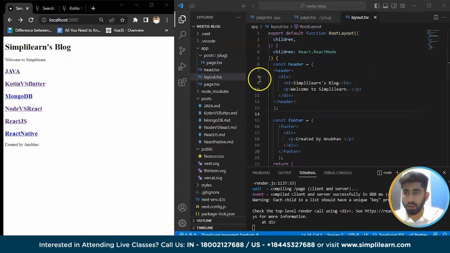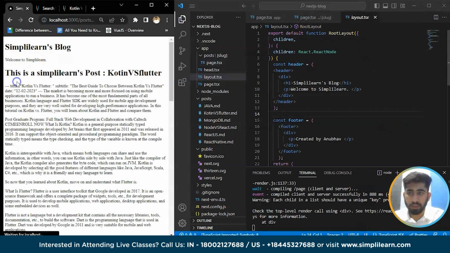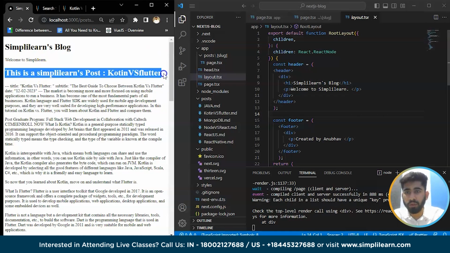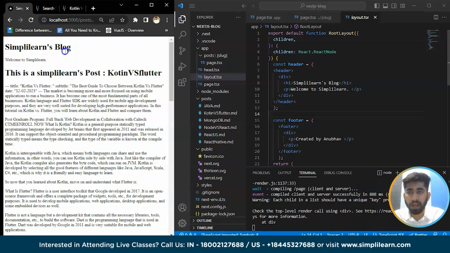Now as you can see, this is metadata, right? This one is metadata, but I don't want to see it like this. I want to see it here. So for that, I have to delete this one and make it first. But firstly, let's make it a link, so we can go back by just clicking on this Simplilearn blog. So for that, let's click on the